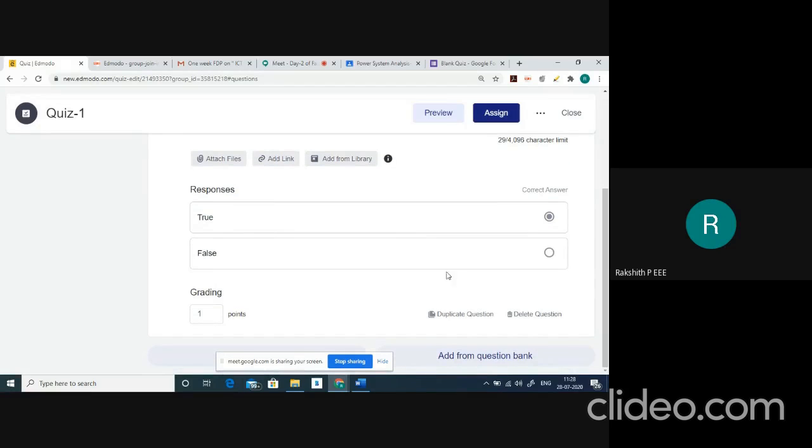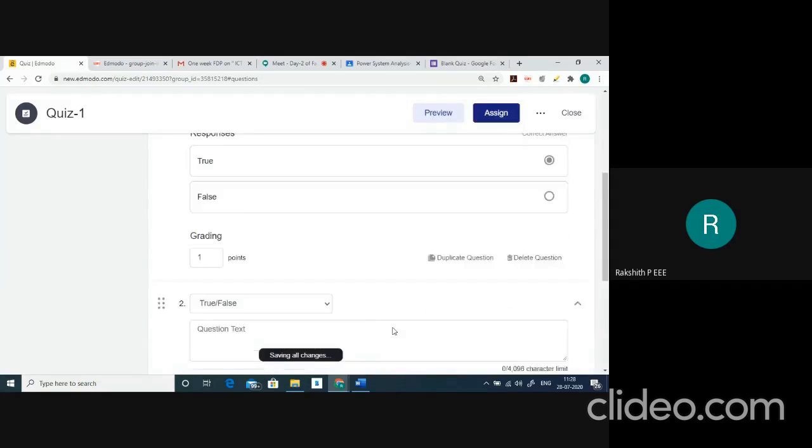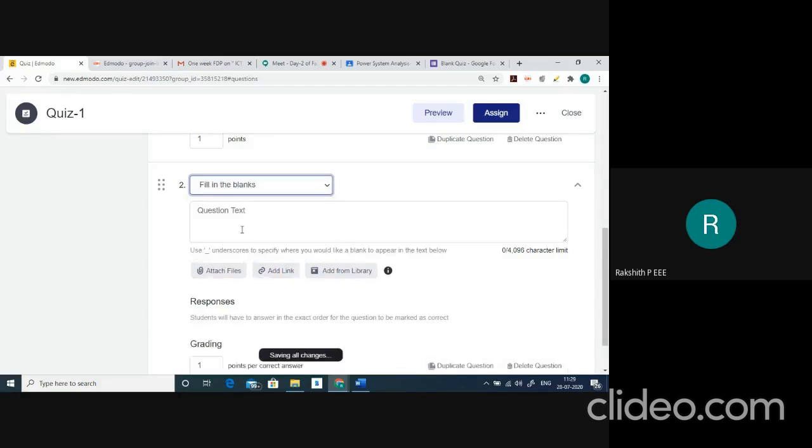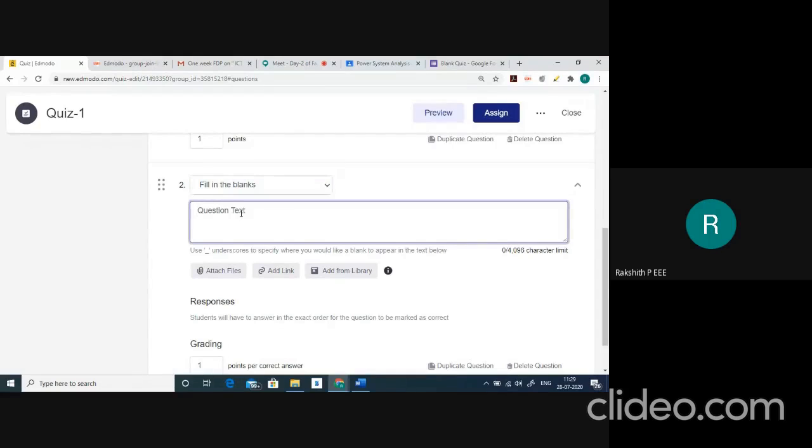So once you do this, if you want to go to the next question, then click on this. Again, I'll choose the drop-down menu. I'll select fill in the blanks. Now we'll see how to create fill in the blanks using Edmodo.